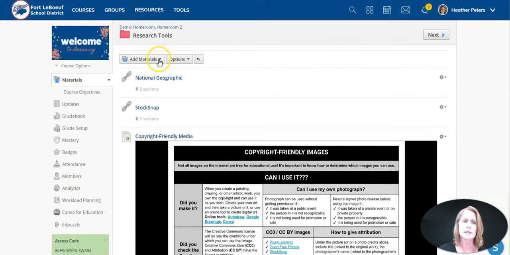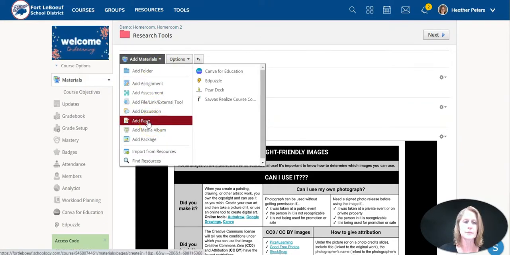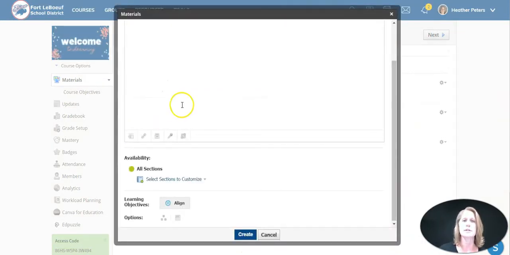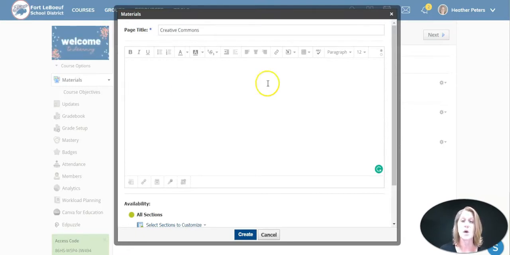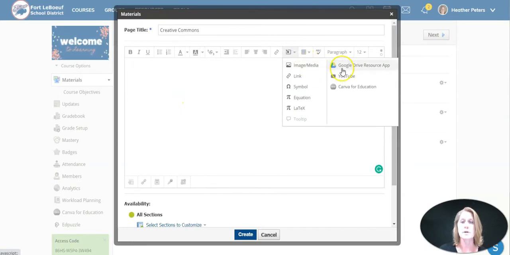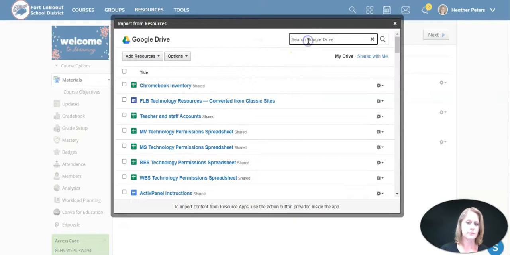Just another option here, if I wanted to add a PDF, it's the same process, but just so that you can see, I'm going to go ahead and add page again, and since I'm using the add materials, it's going to put it at the very bottom. This one I want to pull in, I have a file about Creative Commons, because it's important for our kids to understand what the licenses are for images that have been saved on the web. So again, I'm using Insert Content, Google Drive Resource App,